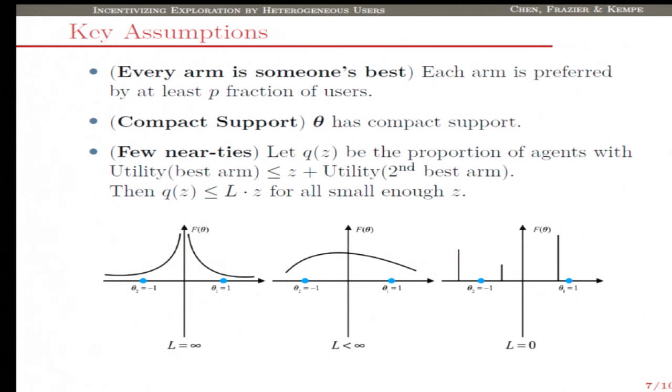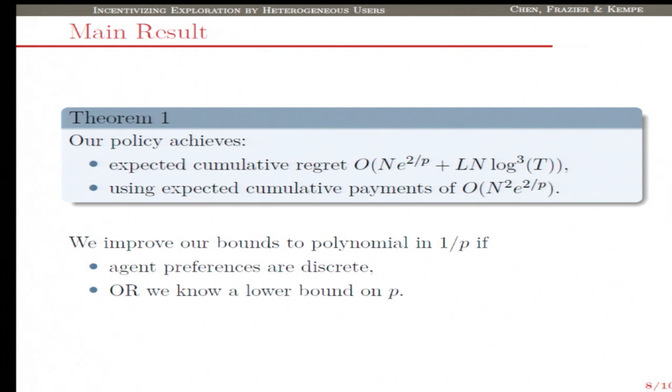So based on the assumption in our paper, as long as the density function of the user's preference distribution is bounded above by a constant like this, then this L is finite. In particular, if the user's preference distribution is discrete, like in this picture, then L equals 0. So now I can state our main result. With the previously stated assumptions, our algorithm or policy can achieve an expected